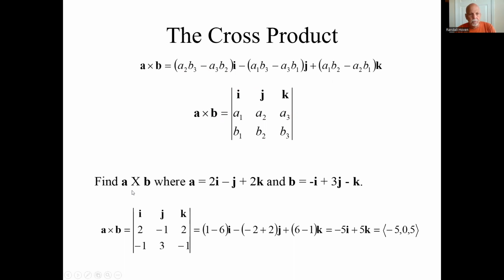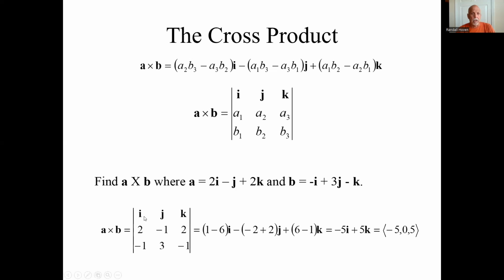So for example, find the cross product A cross B, where A is given as this, and they're both given as linear combinations of the standard vectors. So what does it mean? We'll set up this determinant, the i, j, k across the top, then A goes next, and it's 2, minus 1, 2. Then B goes on the bottom, minus 1, 1, minus 1. Now we take that